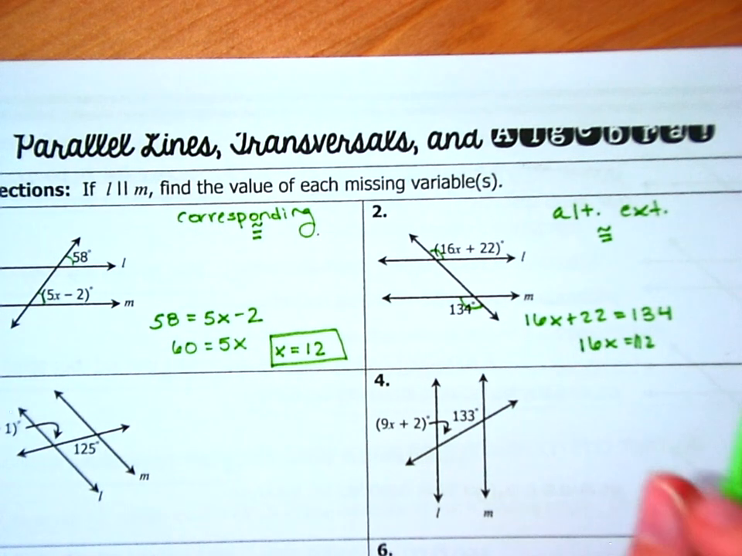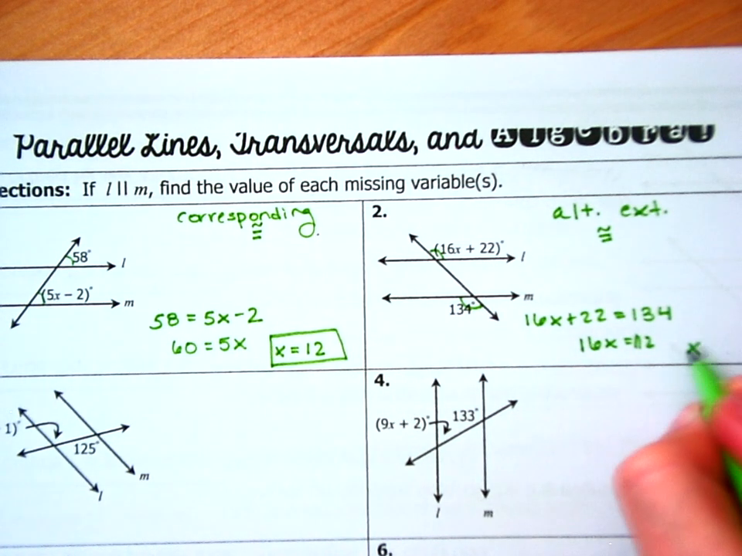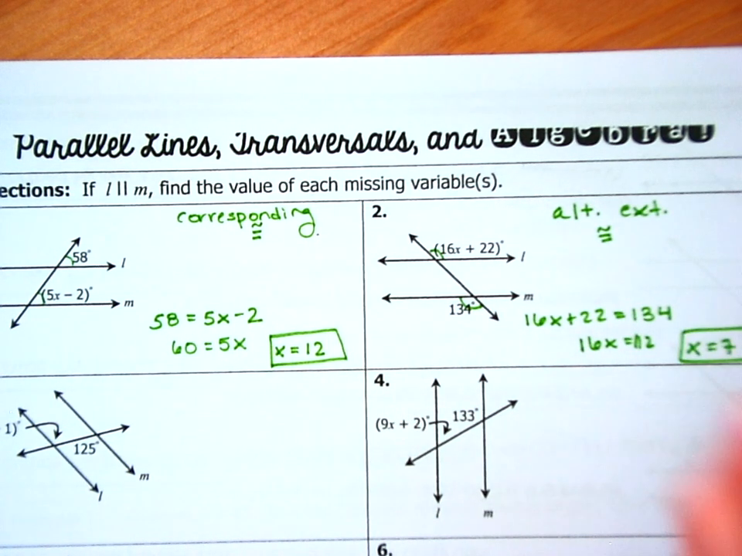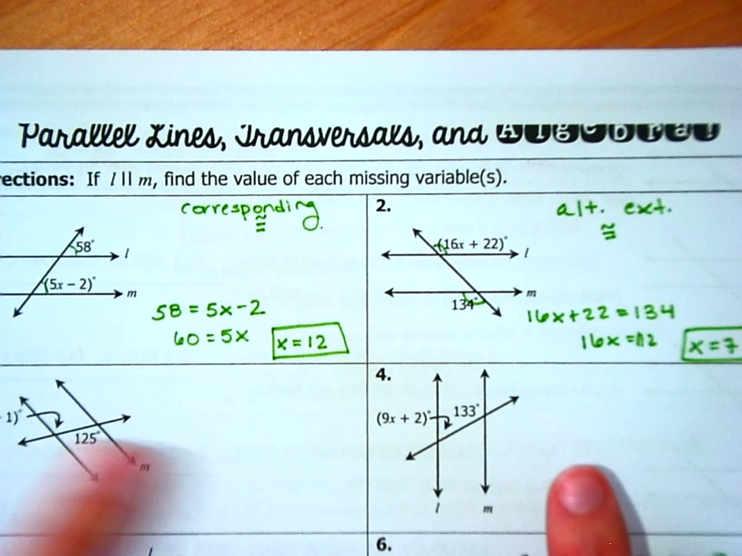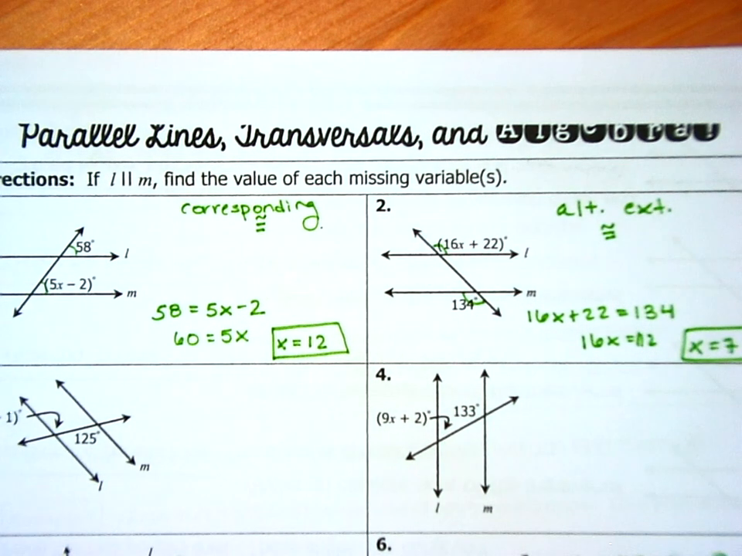112. And then I'm going to divide by 16. So here, x is 7. Okay. I'm going to do 2 more with you step by step, and then the next 4, again, I'll give